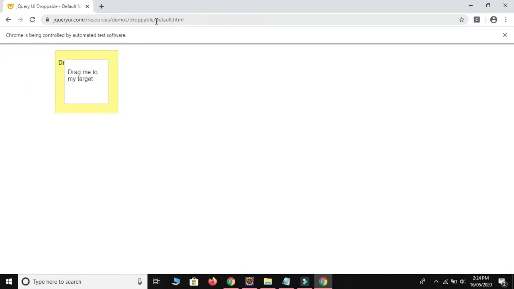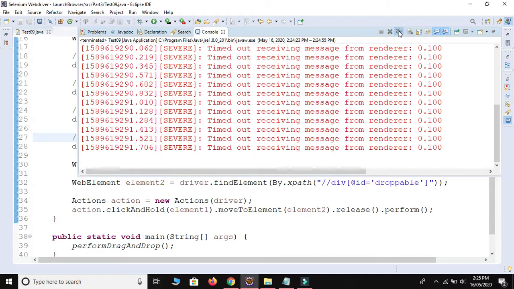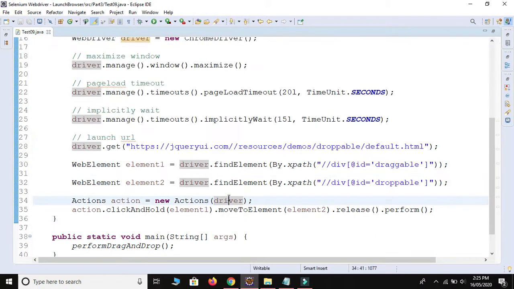See, able to see? We are able to drag this element from here to here. Let me run one more time, one last time. See it carefully, guys.